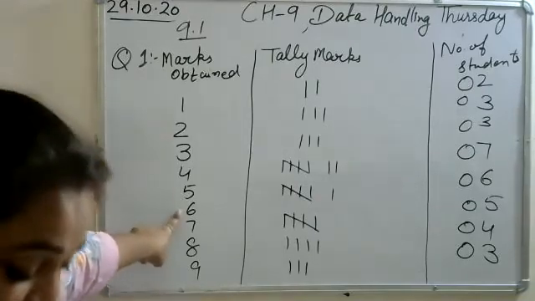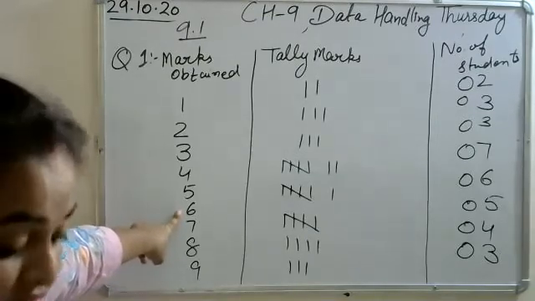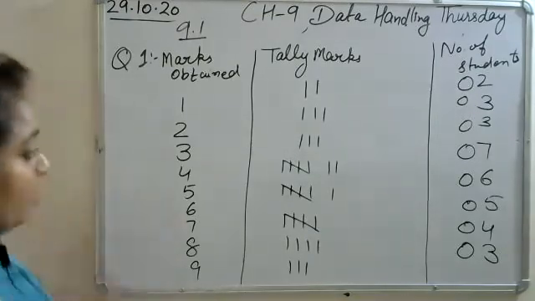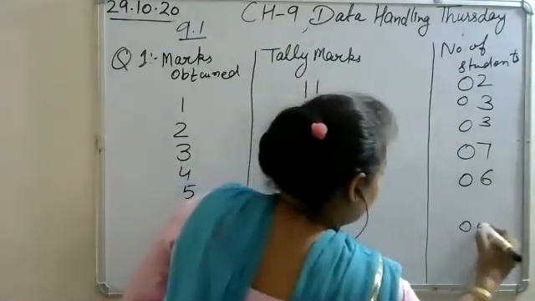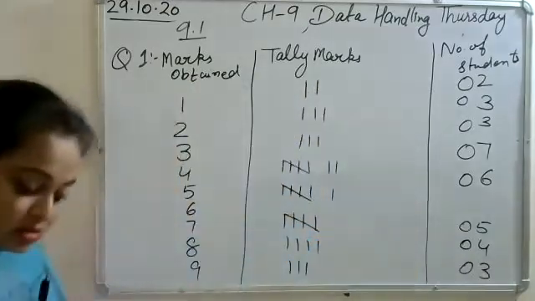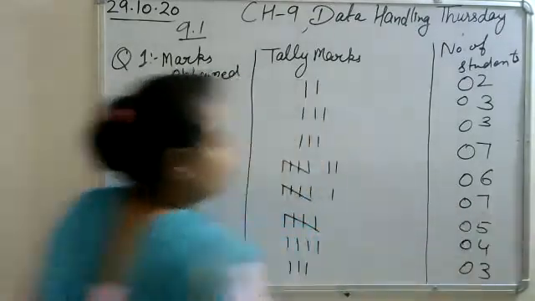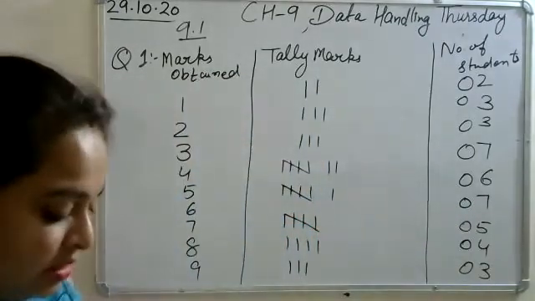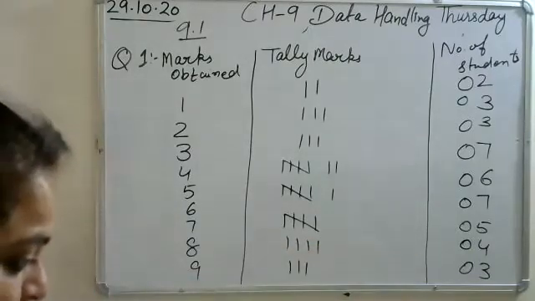6 marks are left here. 6 marks. So 5, 4, 3. Yes. So what is the counting of 6 marks? 7. Ma'am, 6 more. 7. Ma'am, yes, 7. Yes. This is correct. So it is equal to 40. Very good. Well done.